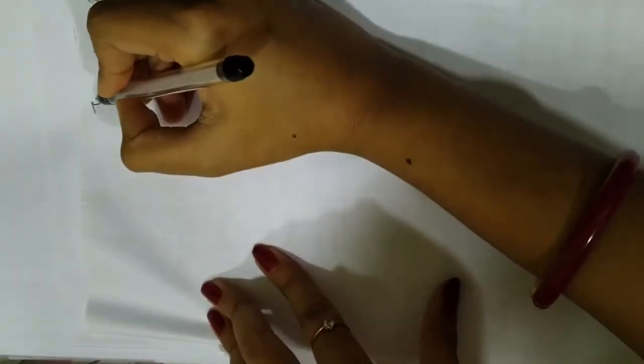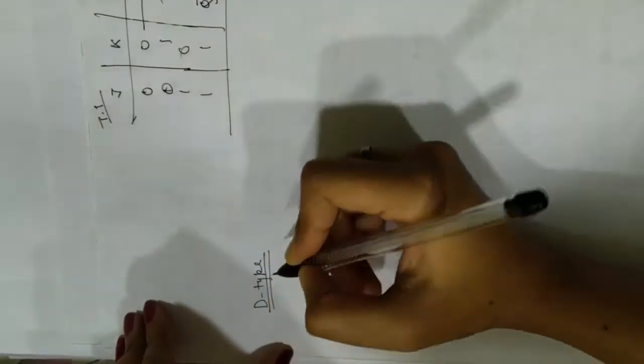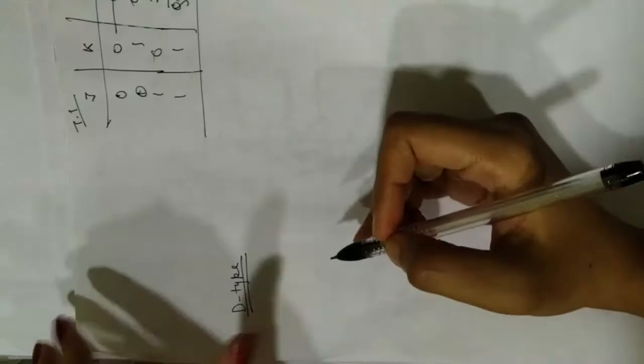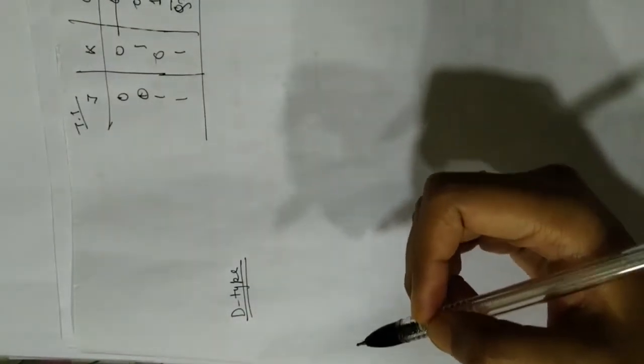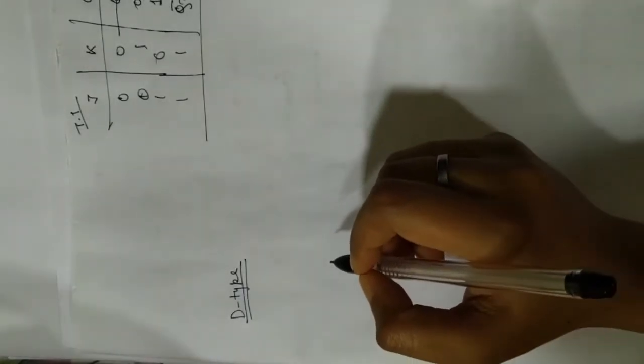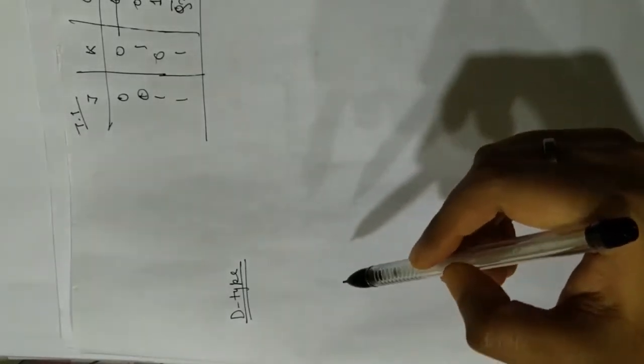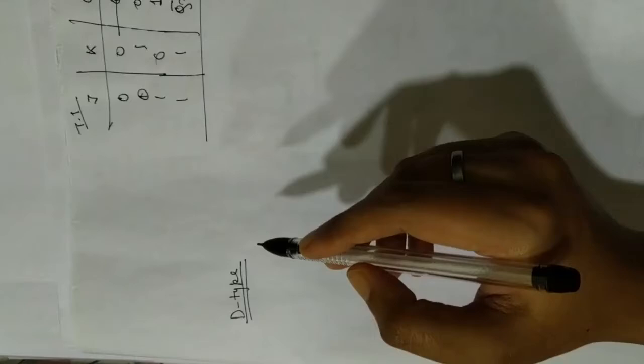This is the truth table of JK flip-flop. I've just written this for convenience sake. Okay, so now we move on to D-type flip-flop. So how do we obtain a D-type flip-flop? D-type flip-flop and T-type flip-flop both are single input flip-flops. In D-type flip-flop we connect the J and K inputs via a NOT gate, and in T-type flip-flop we connect the J and K input simply.